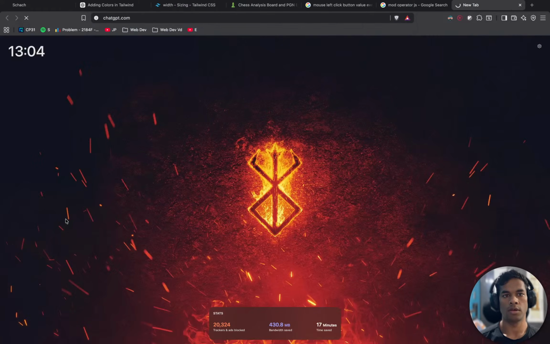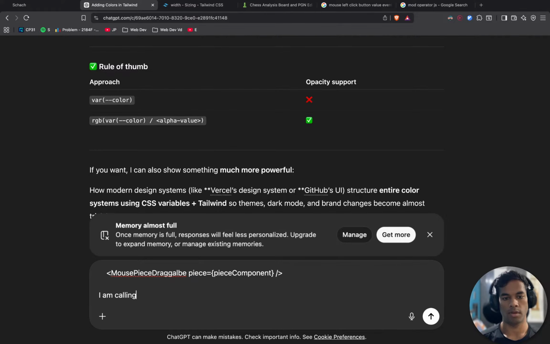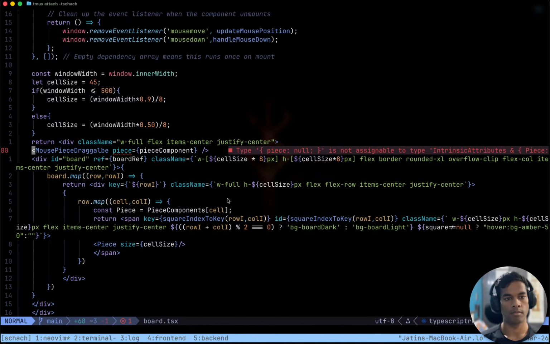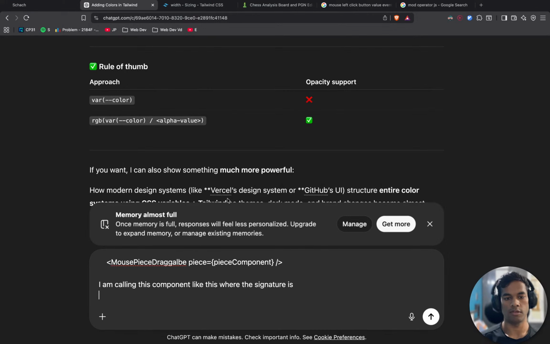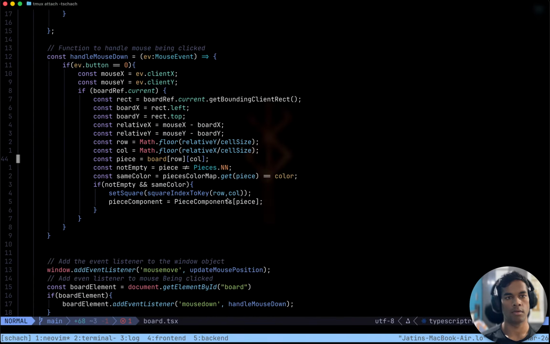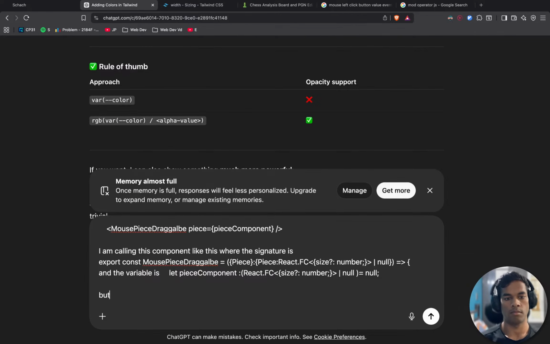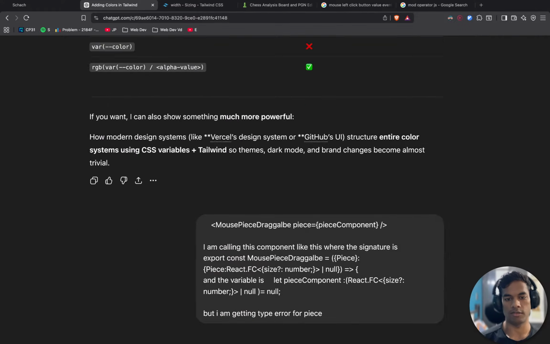Let's see, ChatGPT. I am calling this component like this, where the signature is this, and the variable is this, but I am getting a type error for piece.